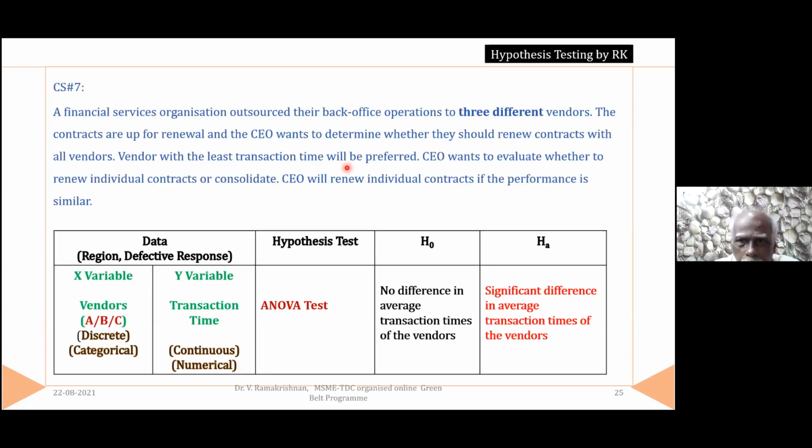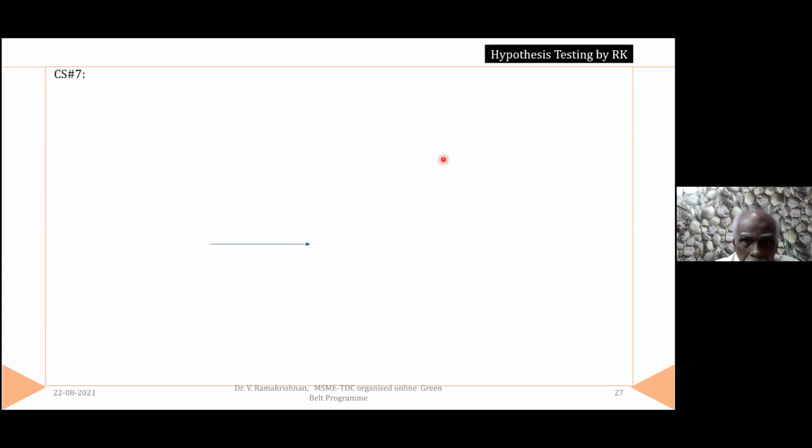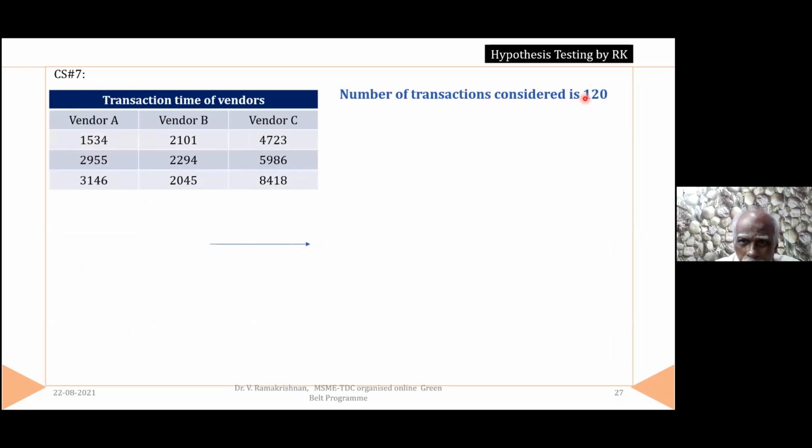See here, in this problem, the data obtained is 120 data for each of A, B, C, right? Here he has given 120 data only, so I will consider 120, not 250. We will do that later. That I will teach you in Excel. Now for telling you the method, I'm using only 3 data. Which vendor is to be selected for the contract? With this data, we will see that problem.